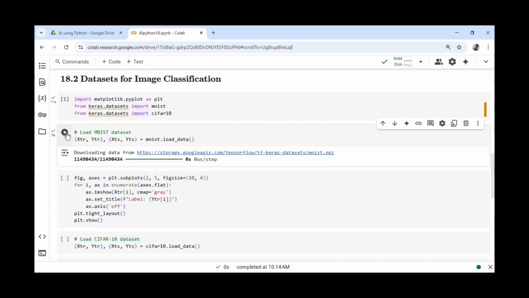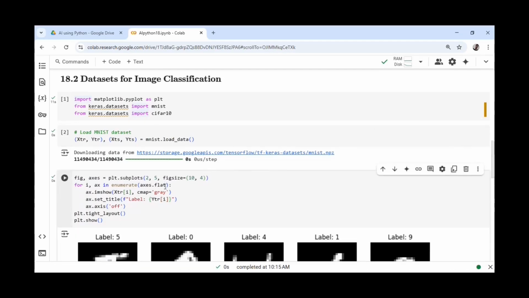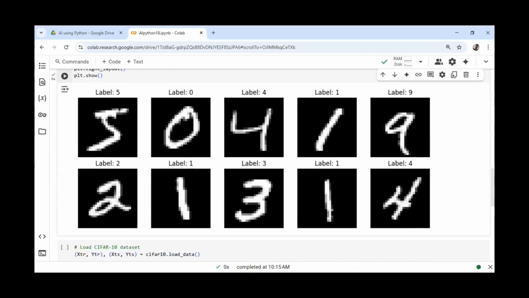The MNIST dataset consists of handwritten digits from 0 to 9, and it contains large number of these images. And here we can see a few images from this dataset by using this command, where we can see that the dataset contains handwritten digits from 0 to 9. And using various deep learning algorithms, we can classify these images into their actual value. The algorithm needs to identify the correct label. So here it should label this image as 5, and this image should label it as 0, and so on.